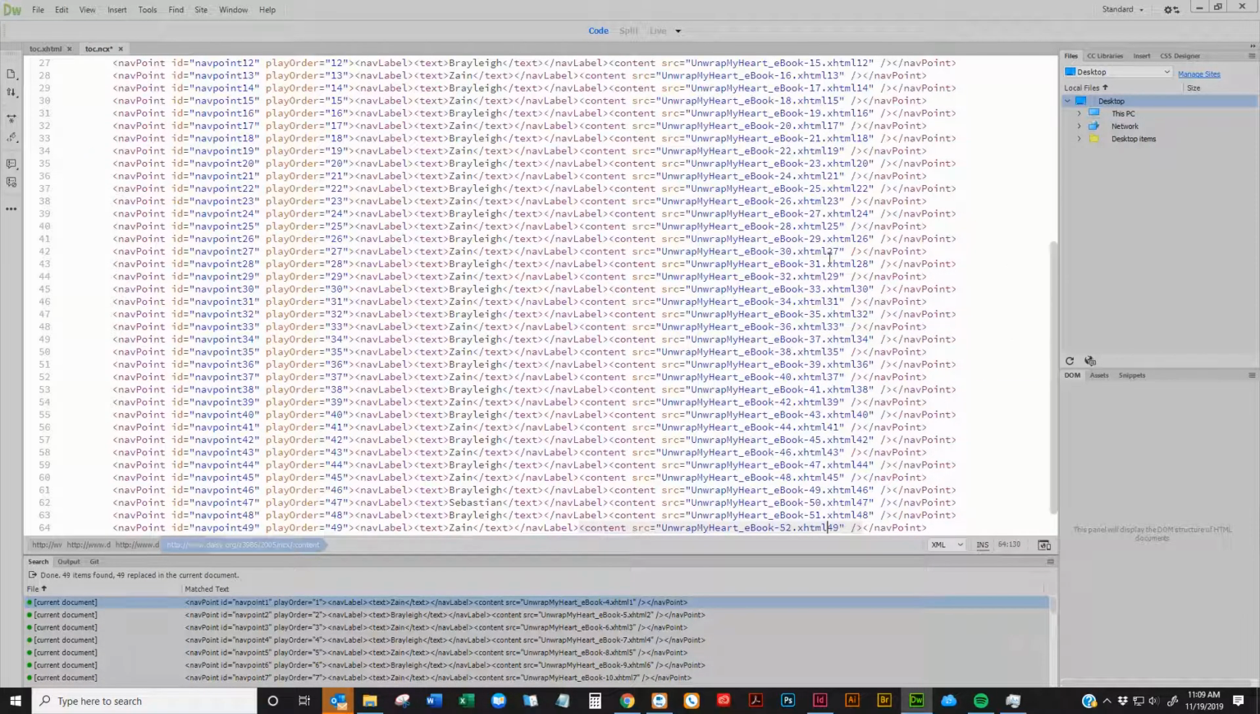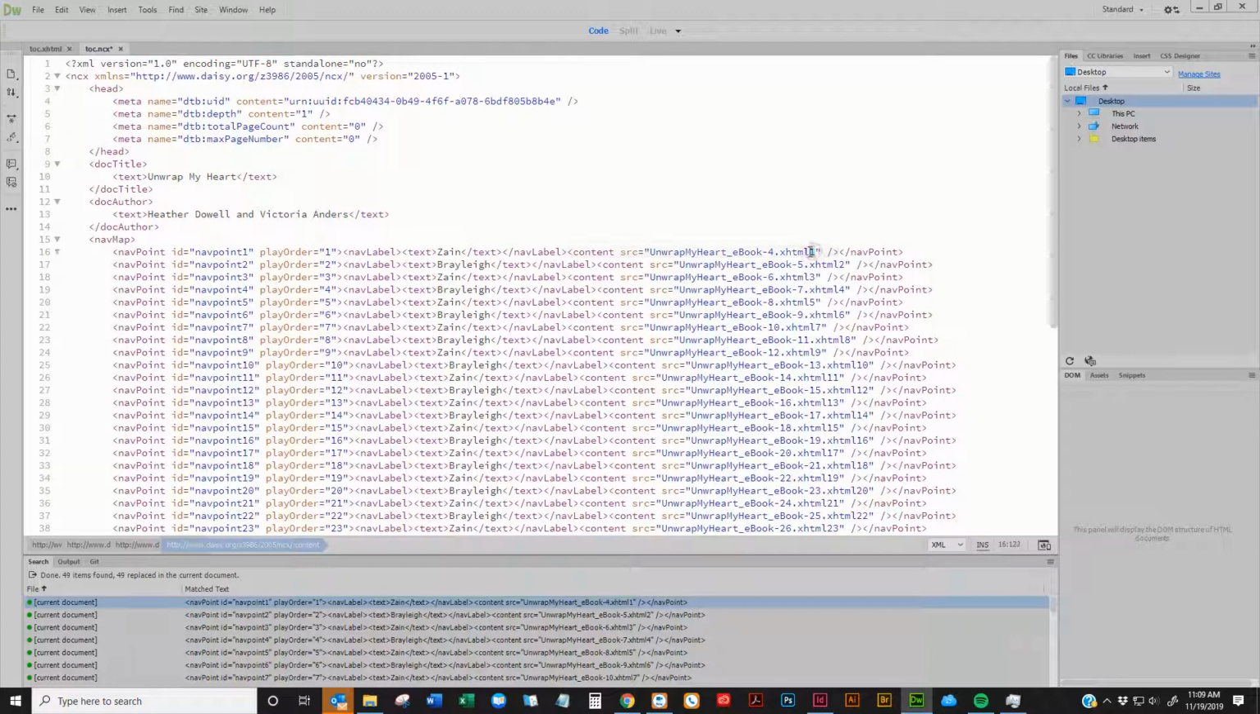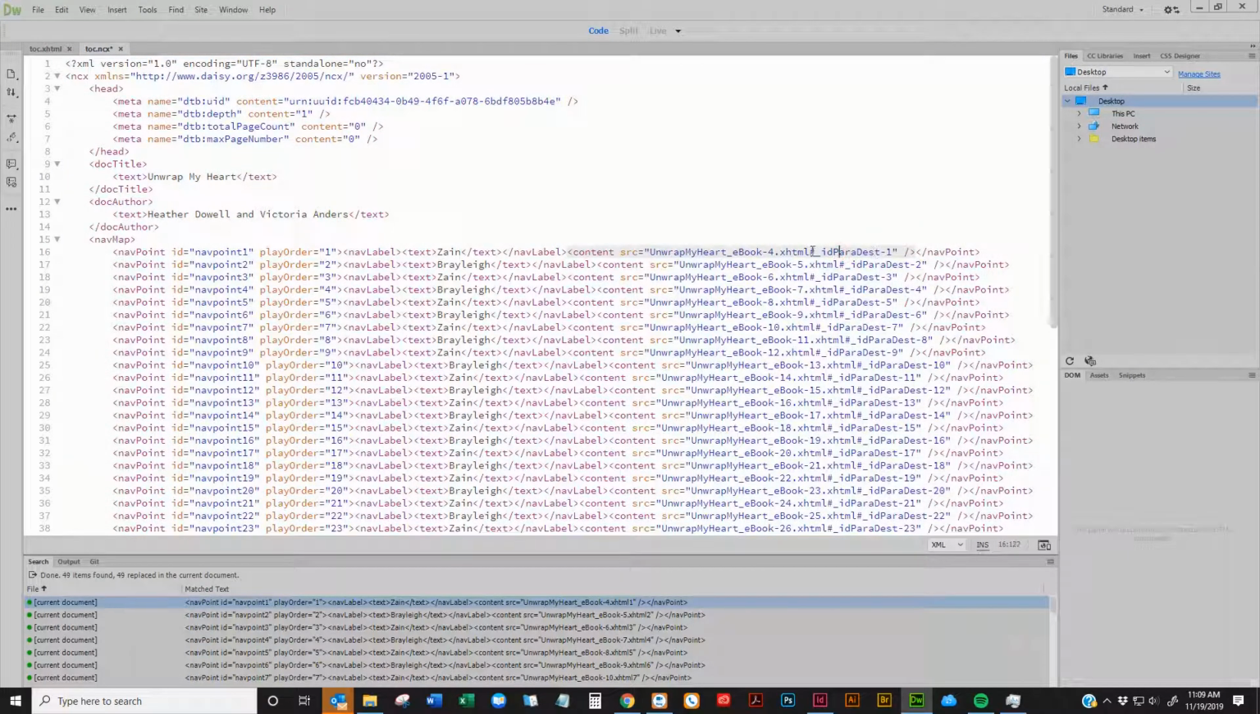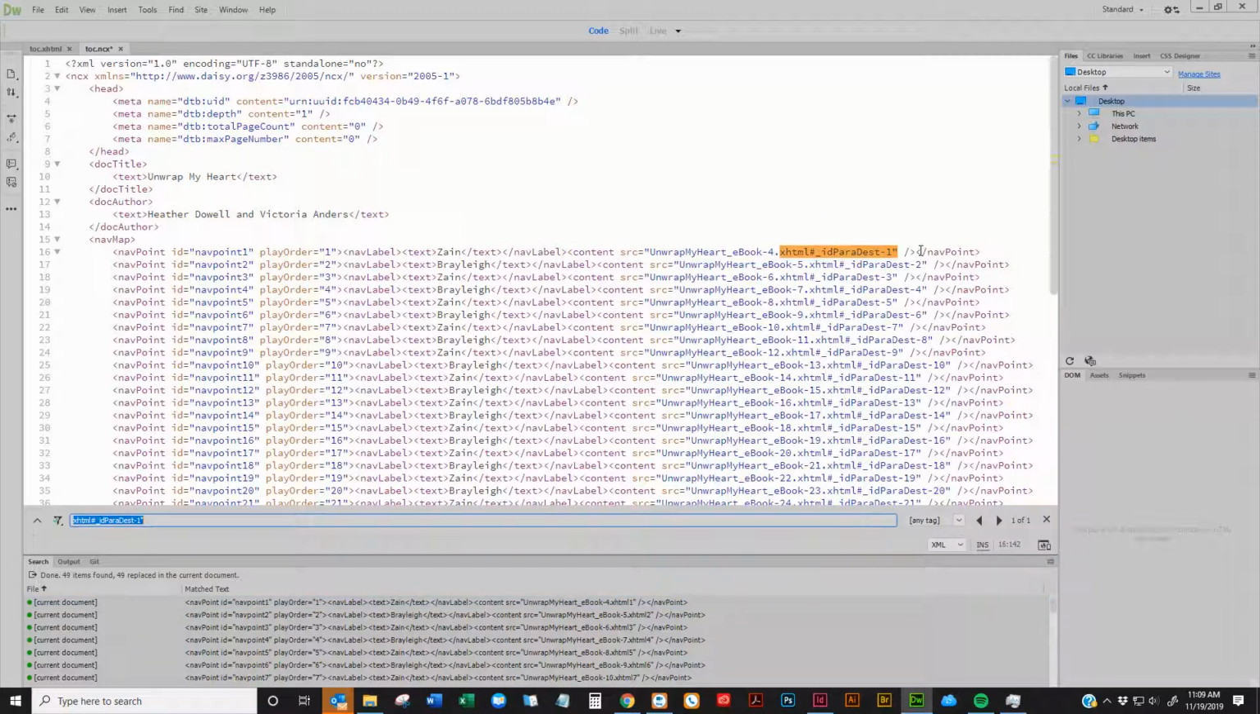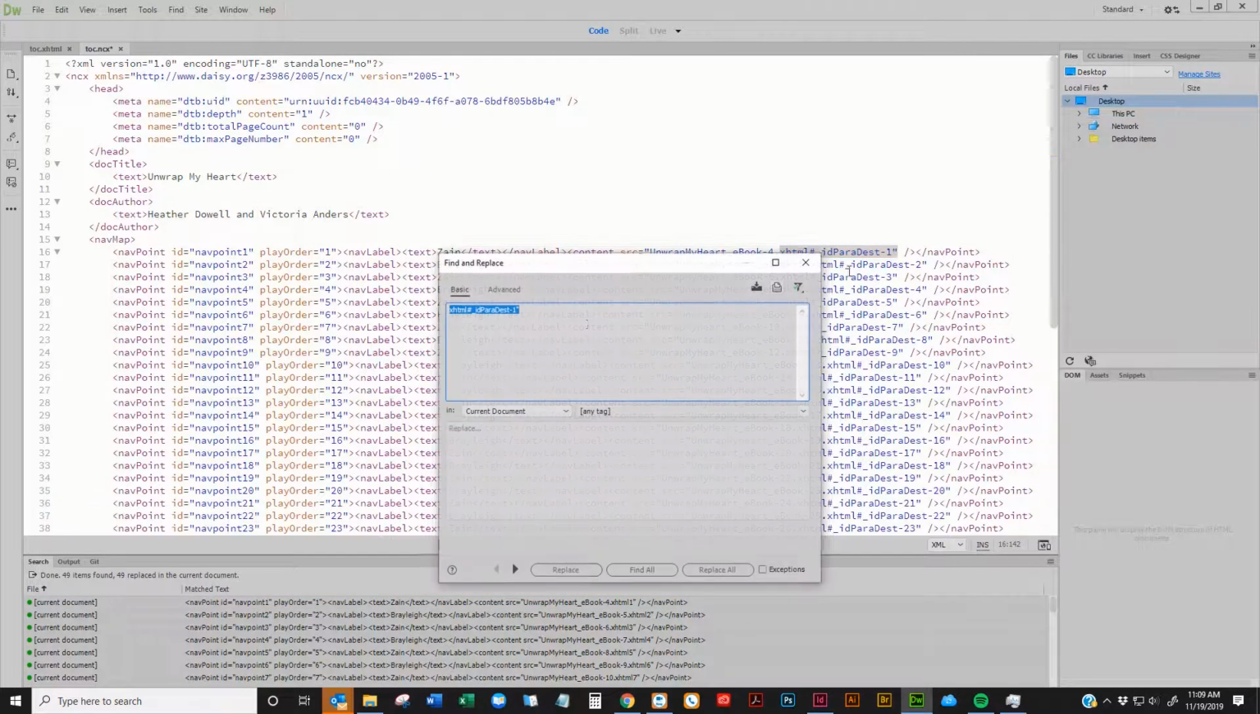I have an error. I did not do that properly. So if you notice here, these numbers are still here. So that's a problem. So I'm going to undo that. And to prevent that problem, I'm actually going to copy a longer string, okay? So I'm going to go from XHTML number underscore all the way to that close quotation mark. So we're going to copy that, do our find again,